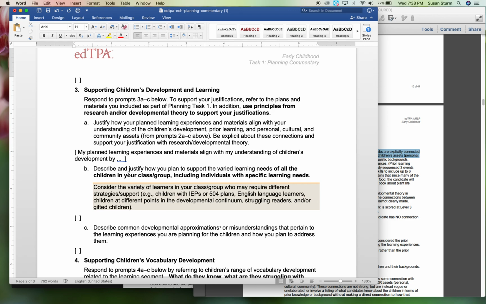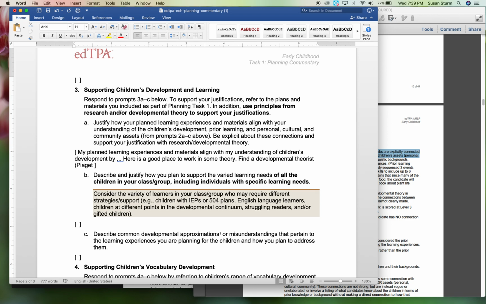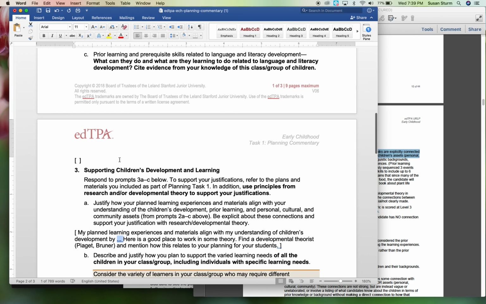Here is a good place to work in some theory. And so find a developmental theorist. Think of like Piaget or Bruner, one of those people, and mention how this relates to your planning for your students. So for example, you're going to talk here about how I know that my children developmentally are ready for the